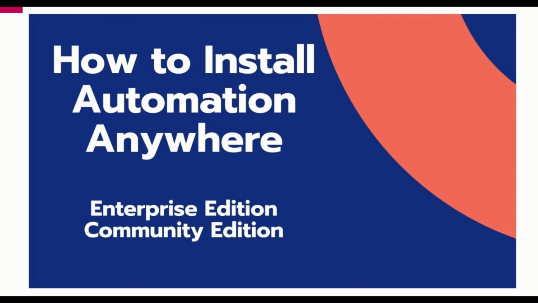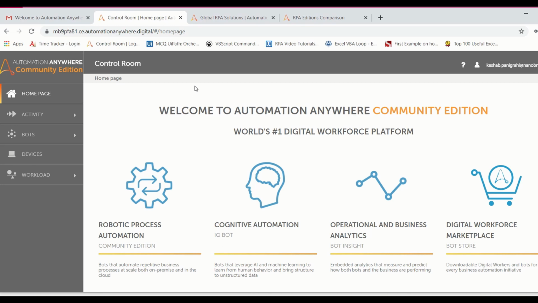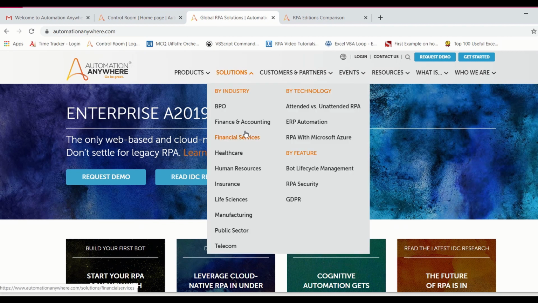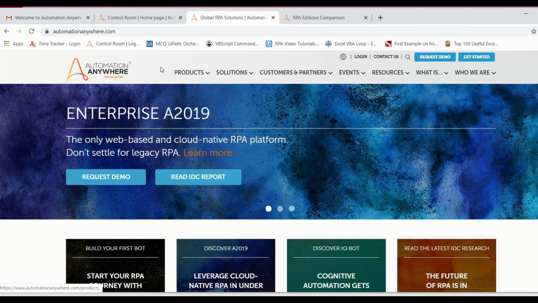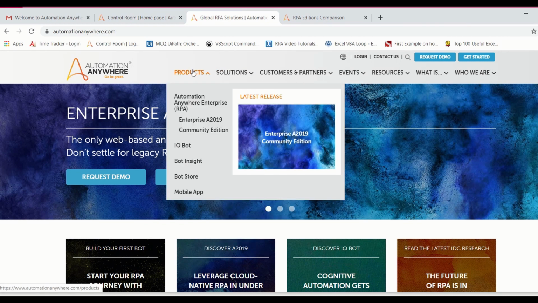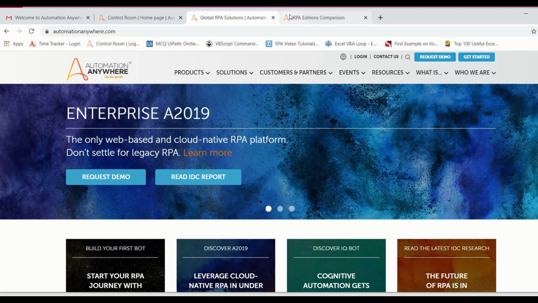I have already opened my control room and everything. I just want to showcase what Automation Anywhere is. So this is my Automation Anywhere website where you can see the product. In the product you will get the enterprise and community edition. So for your knowledge I have just opened this